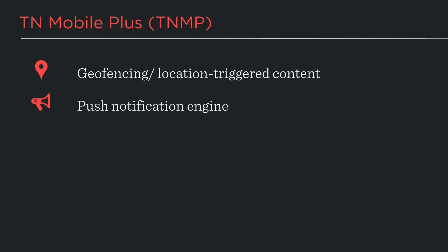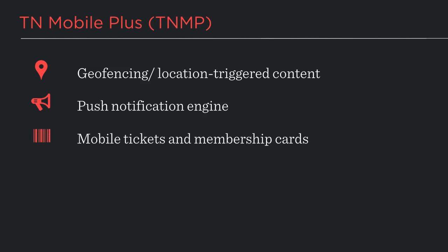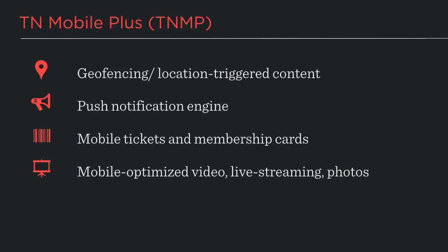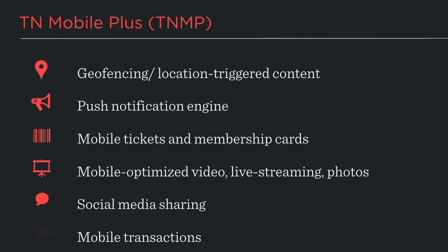Push notification engine. It uses the phone's native notification and alert ability to give content at the right time at the right place. Mobile tickets and membership cards. Mobile optimized video for live stream, video, photos. Social media sharing, it's directly tied into social media so that it makes the experience of being on site shareable with those that aren't. And yes, even with TNU moving to responsive in version 7, it still does mobile transactions. We may change how we do it over time, but it's still going to be a bridge to purchase where